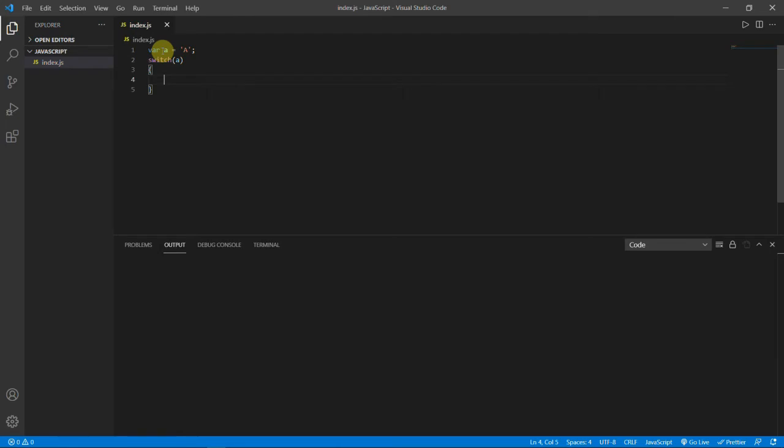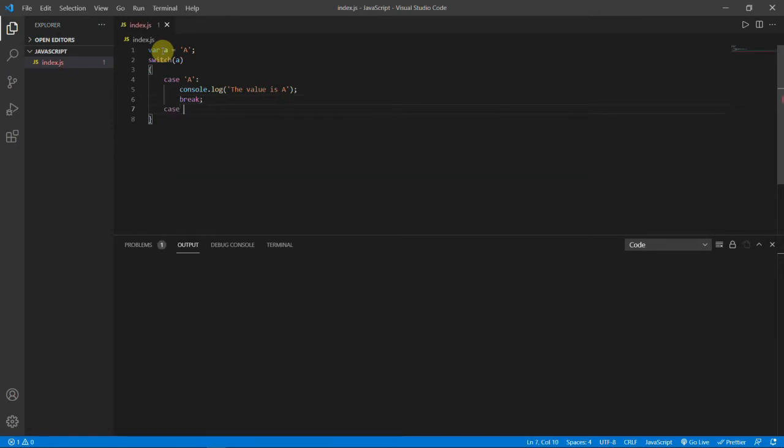Inside this I will write case A and then a colon. Here I will write console.log the value is a, and then I will break.